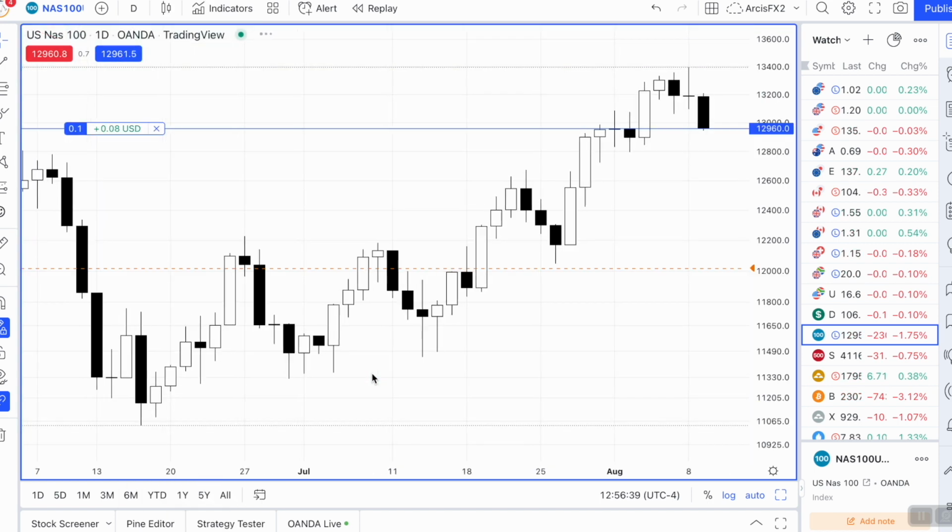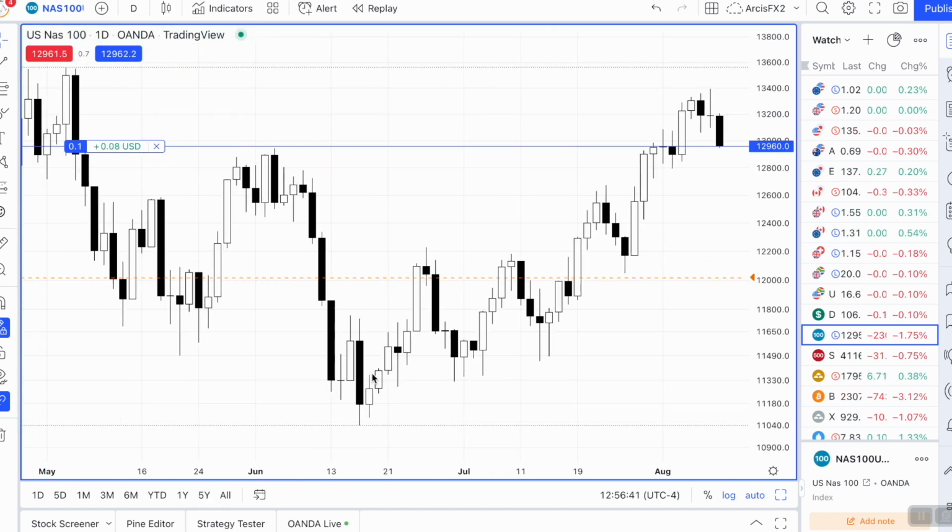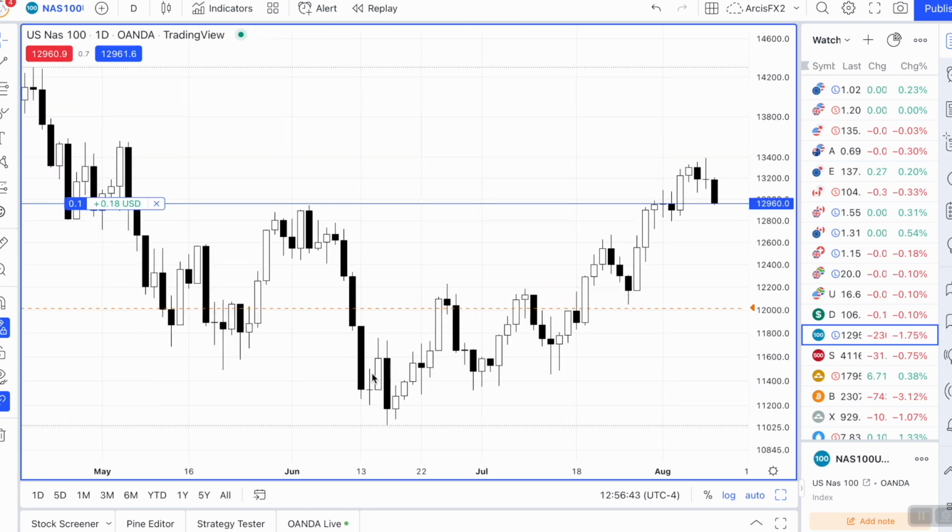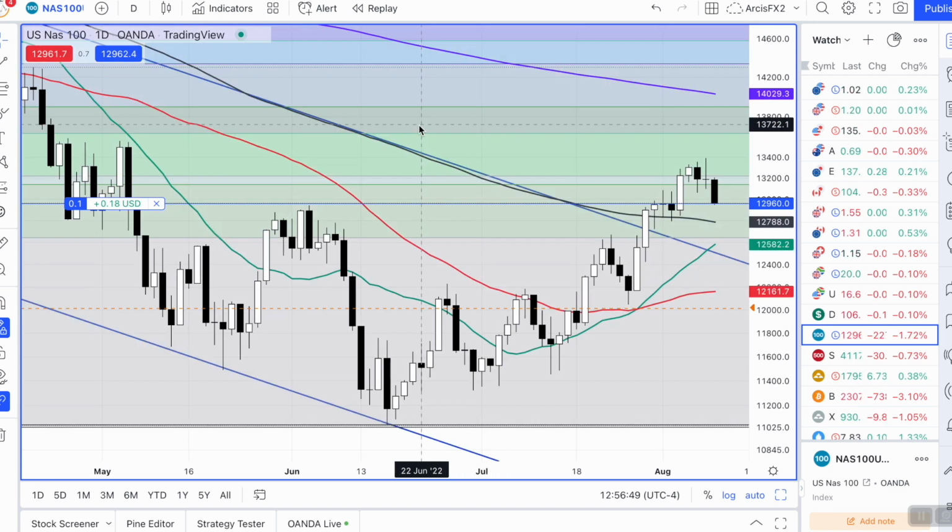Going back to the day chart, I can see that's precisely where I want to be scalping some longs out. Right there, it's pretty simple to see it on a day chart. You don't need to be zoomed in so close, and I could just watch it from here. So I know my price levels, they're up here. I got in at 12,960 precisely, and if we get up to 12,965 or